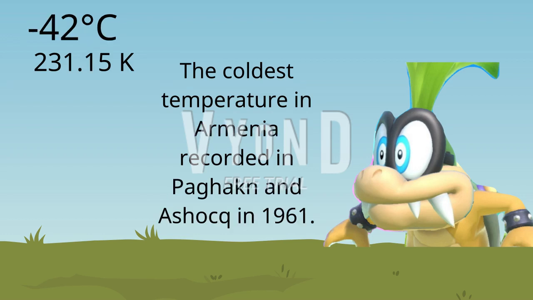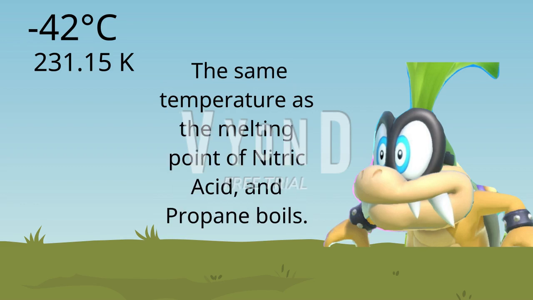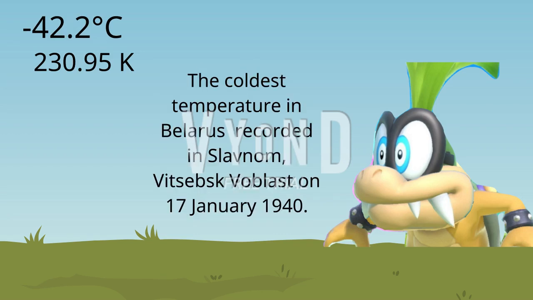The coldest temperature in Armenia is -42 degrees Celsius, or 231.15 Kelvin recorded in Pagarkn and Ashok in 1961. The same temperature as the melting point of nitric acid, a compound containing 1 hydrogen, 1 nitrogen, and 3 oxygen atoms, and propane boils. The coldest temperature in Belarus is -42.2 degrees Celsius, or